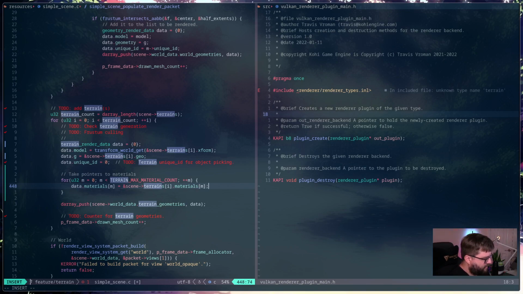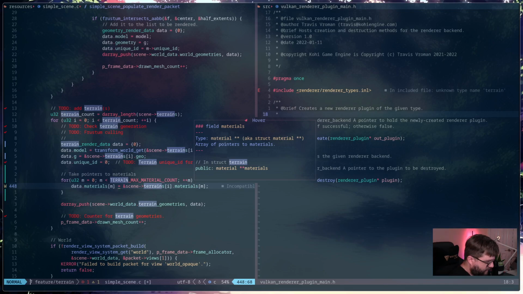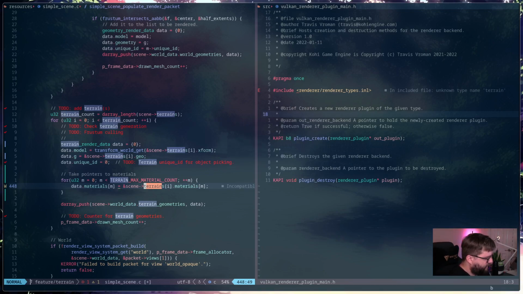Unless it's already a pointer, which it might be. It is a pointer already, so I don't need the address of it. It's already a pointer. Okay. So we've got our pointers here. That will be in our render data available for us to use on the other side in the view, which is where we actually need it. So I think that's all I need to do